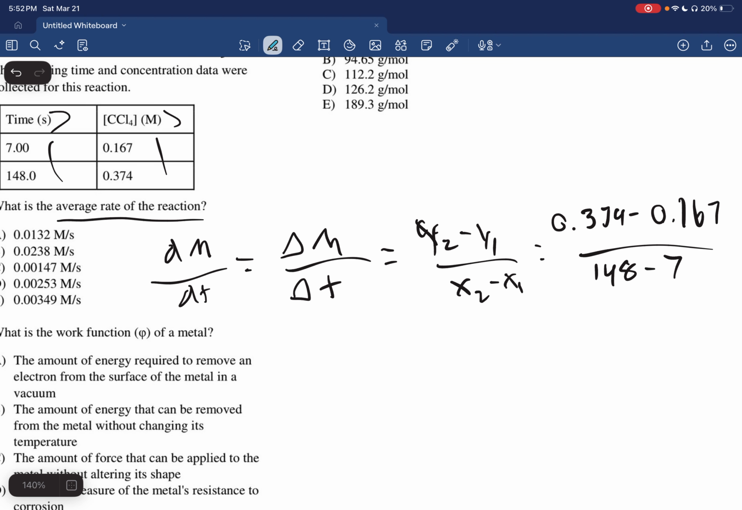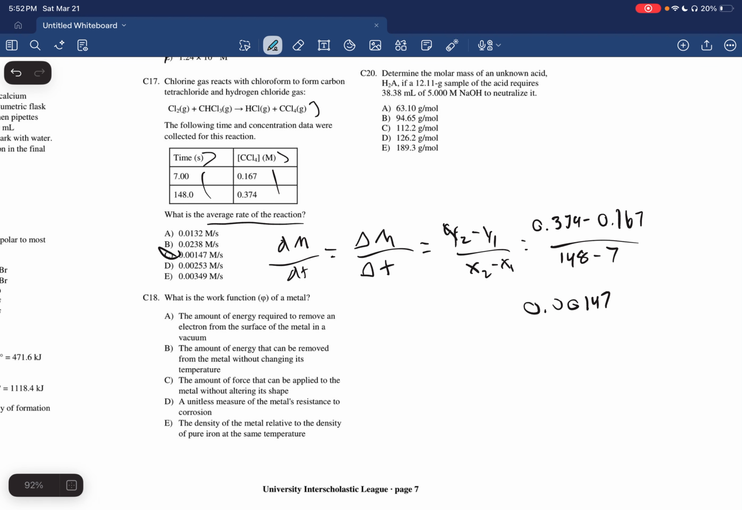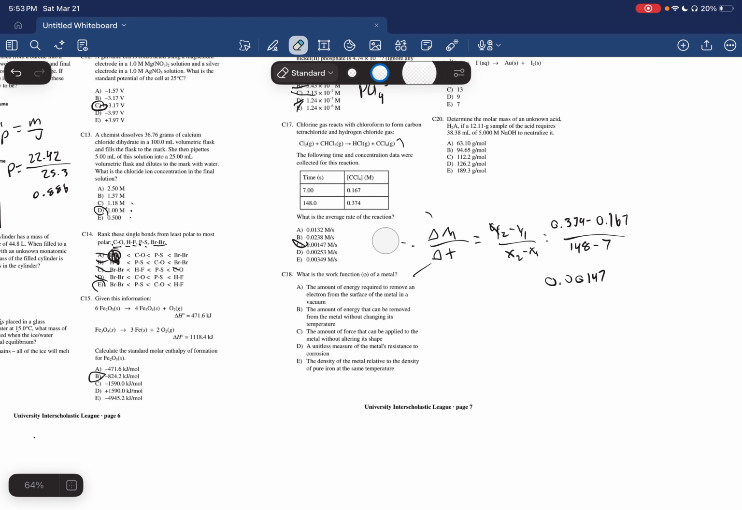we will get 0.00015147, I don't know how many places I went to. Yeah, 147. And there we go. That's choice C. It's a pretty easy question. You just need to take your values from the table and find the slope of that line, because the rate is just the change in concentration over your change in time, or delta M over delta T. So yeah, fairly simple question,